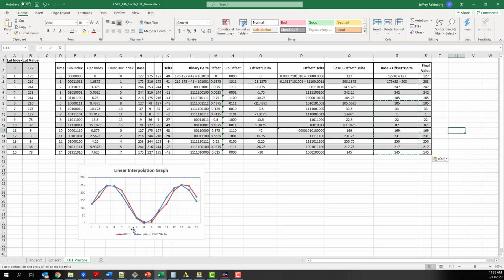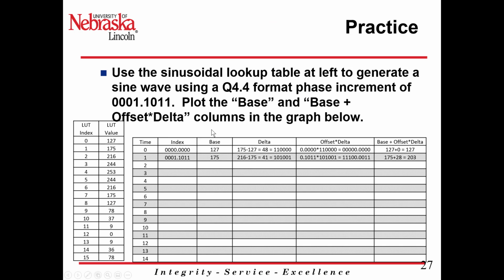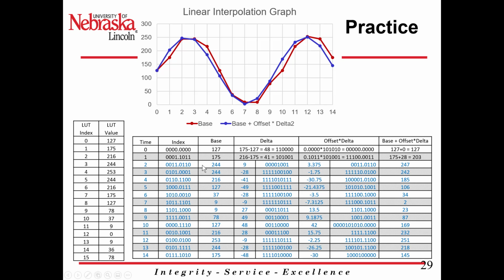And notice you have the base, which was a little off because we're rounding down, basically truncating down to the index values. But the interpolated graph is actually looking more like a sine wave. That base plus offset times delta. We get a nice waveform for that. So, ultimately,